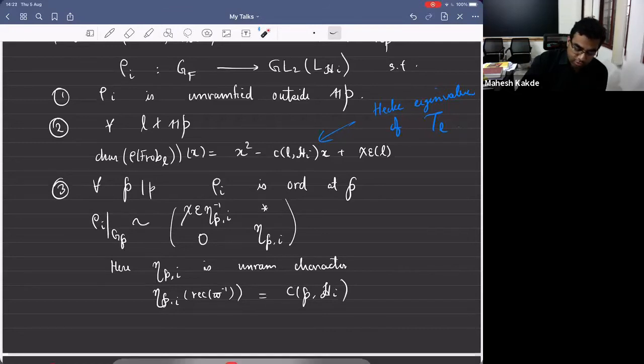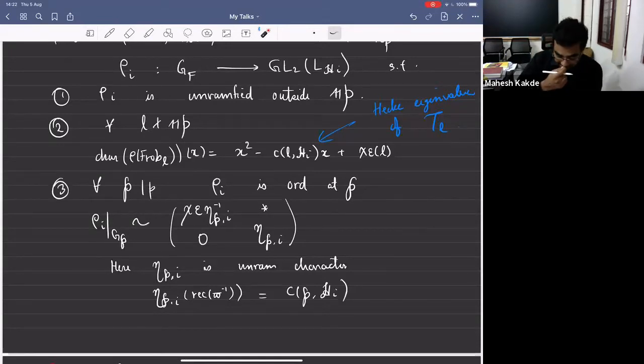Okay, so it's isomorphic to something which explicitly looks like this. It's upper triangular with the top entry chi times epsilon times some eta sub p. Okay, eta sub p is some unramified character. And if you have an unramified character of the Galois group, you just have to specify what it does to a uniformizer, using local class field theory,